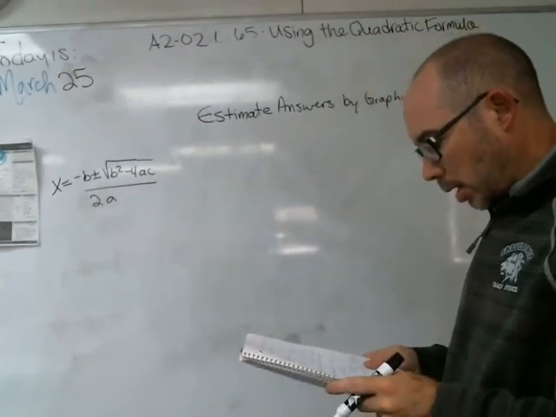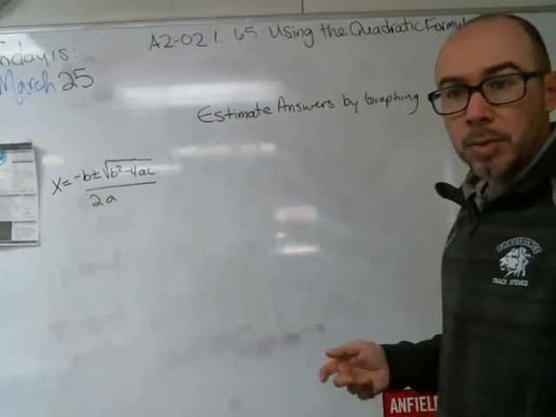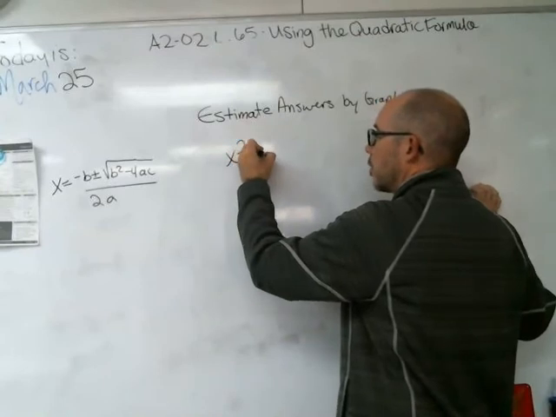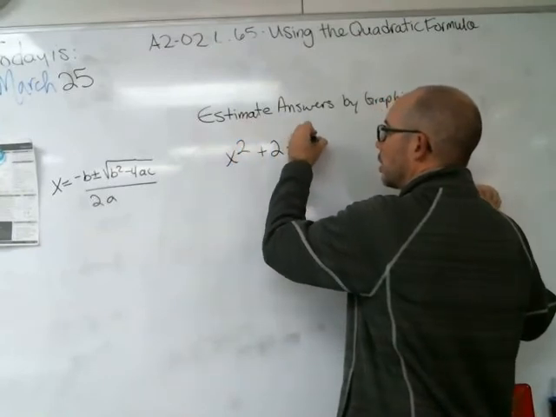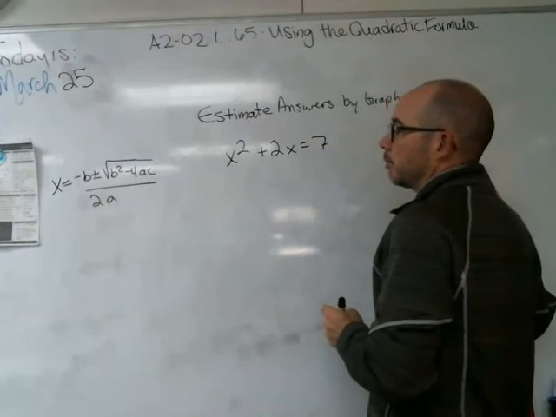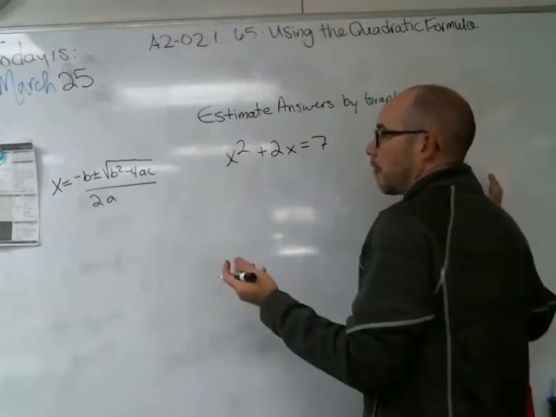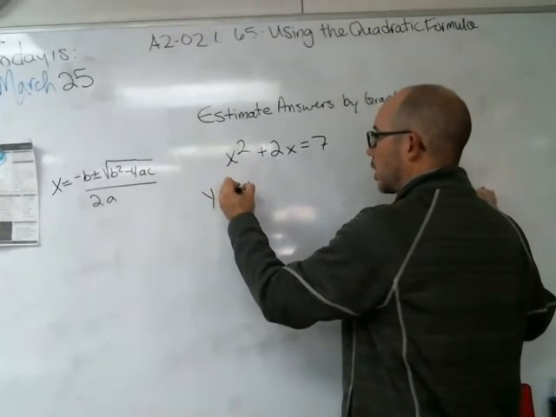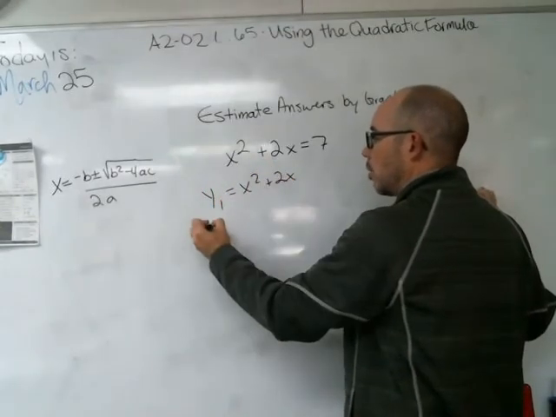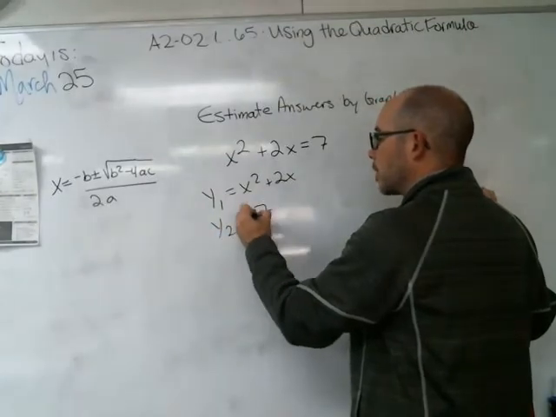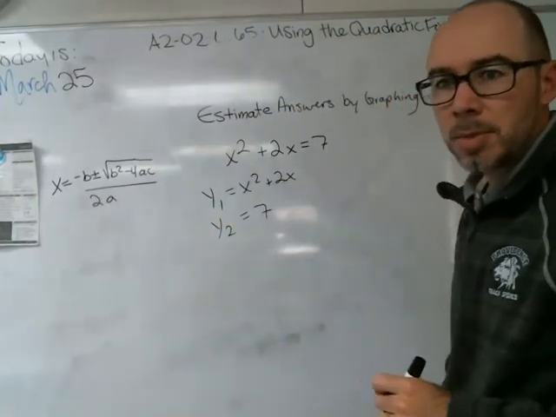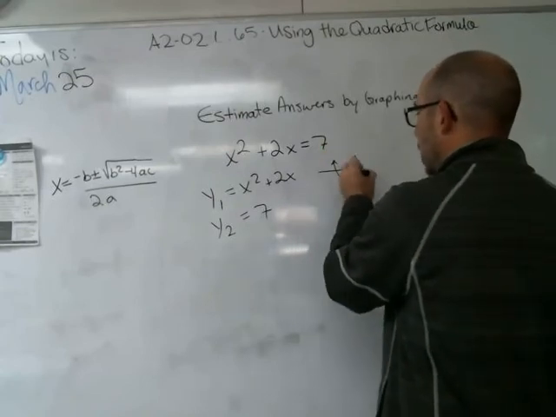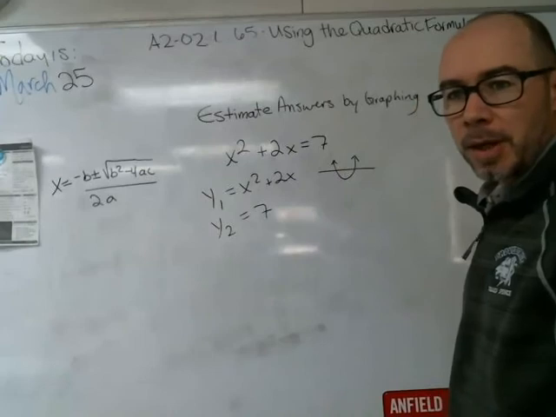And what I mean by that, well, you might have an equation that starts off like x squared plus 2x equals 7. Okay? What you could do is you could graph x squared plus 2x in y1, and in y2 you could graph 7, and you can see where those two things meet. The first one is a parabola, and the second one is a line, and so hopefully you'll be able to find a couple of